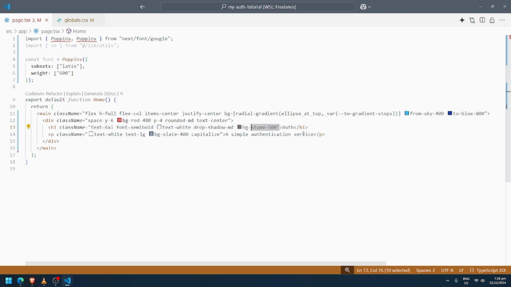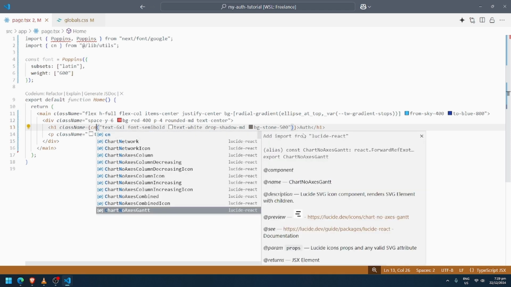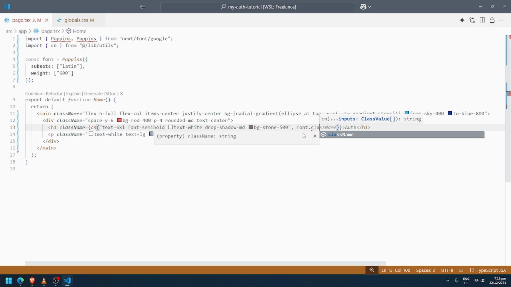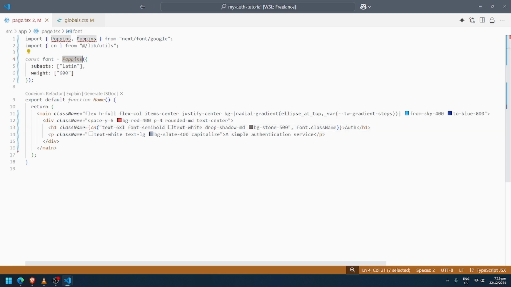Let's make this an object and then wrap it with cn. Alright, and then in the second parameter, let's use that font class name so that our font will be Poppins.